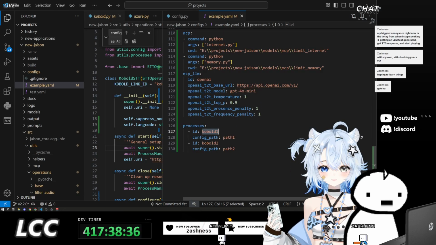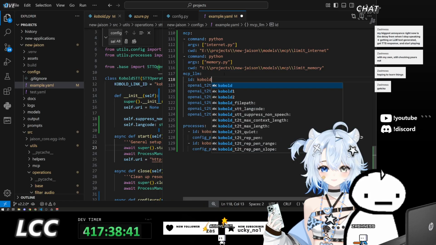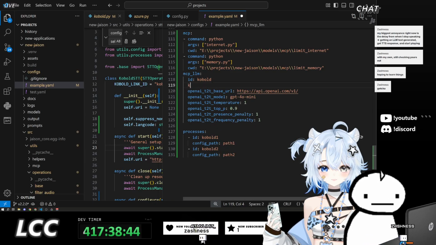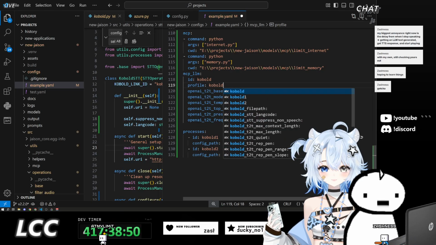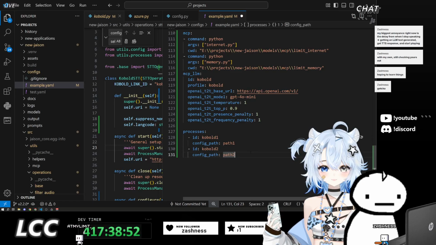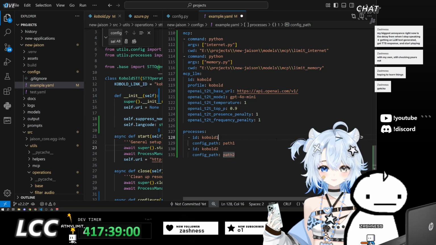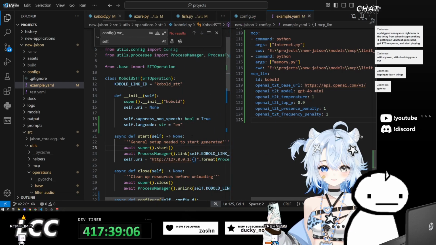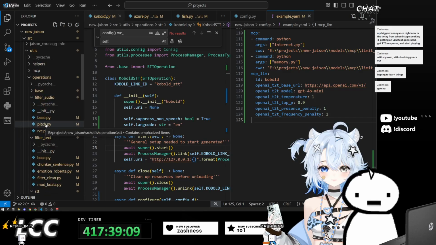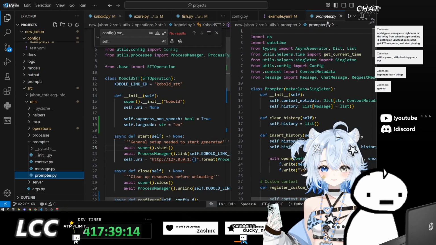So that way inside of your OpenAI LLM, if you were to specify Cobalt, you can specify this one to use Cobalt profile Cobalt 2. And so this would use profile Cobalt 2, which would use the second path configuration, which would contain the configuration with your MCP, LLM, stuff like that. That's the idea I have in mind. I don't know how long that would take to implement, but we'll implement that later because I believe prompter should be a lot easier to configure.